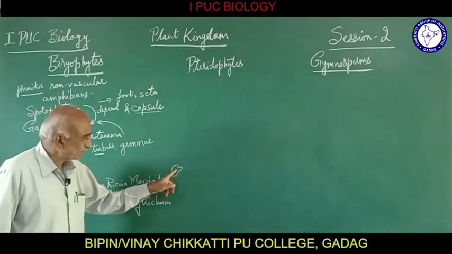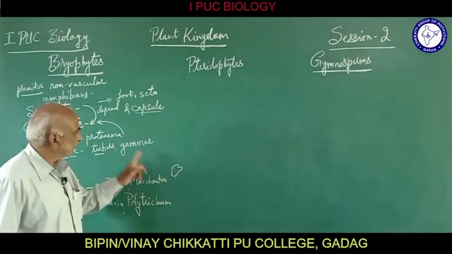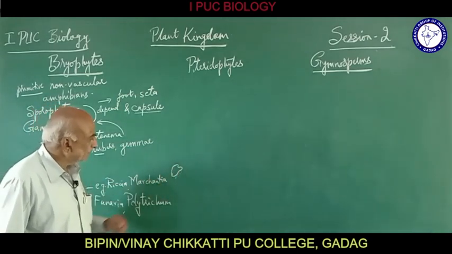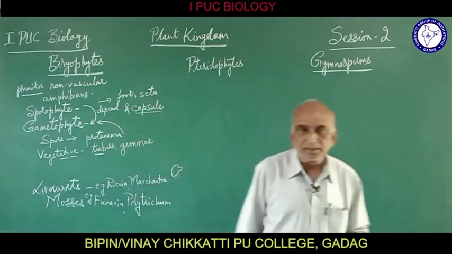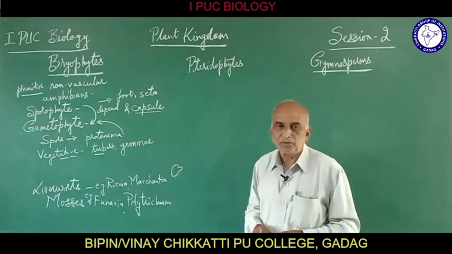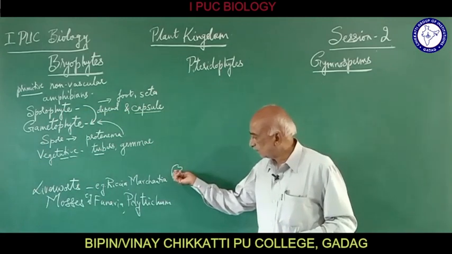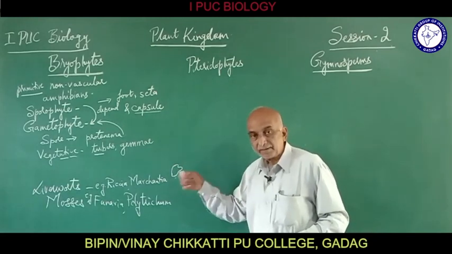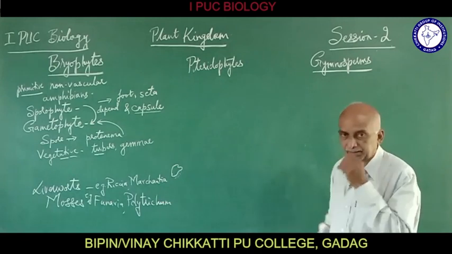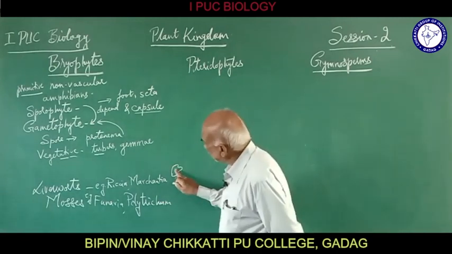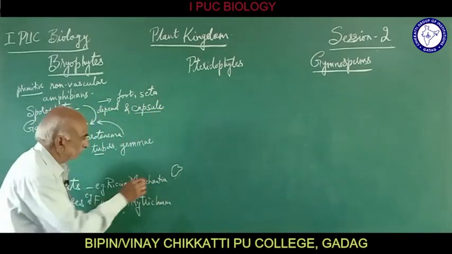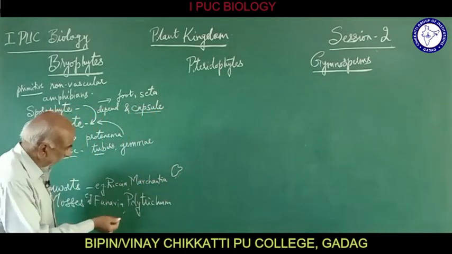Now on this surface, we come across the tubers and gemmae. And on this surface, we come across the reproductive organs, that means the male and female reproductive organs, which form the gametophyte. Then from the gametophyte, the sporophyte is developed on the same plant. So the sporophyte develops on the gametophyte, and that is seen in Riccia and Marchantia.